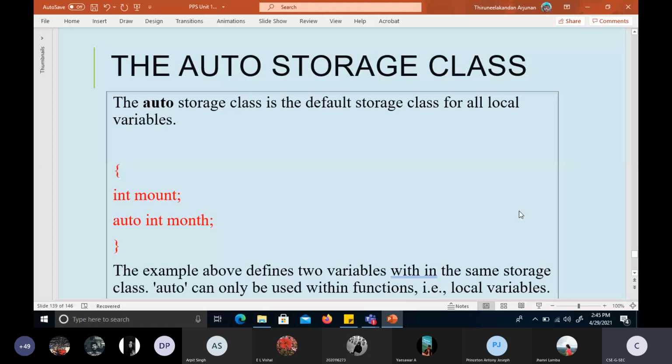So far we have done some 10 to 15 programs. In all the programs, wherever we have declared variables, as soon as we began our void main, we started our program by declaring variables. All the variables that we have declared as soon as we open a main program are